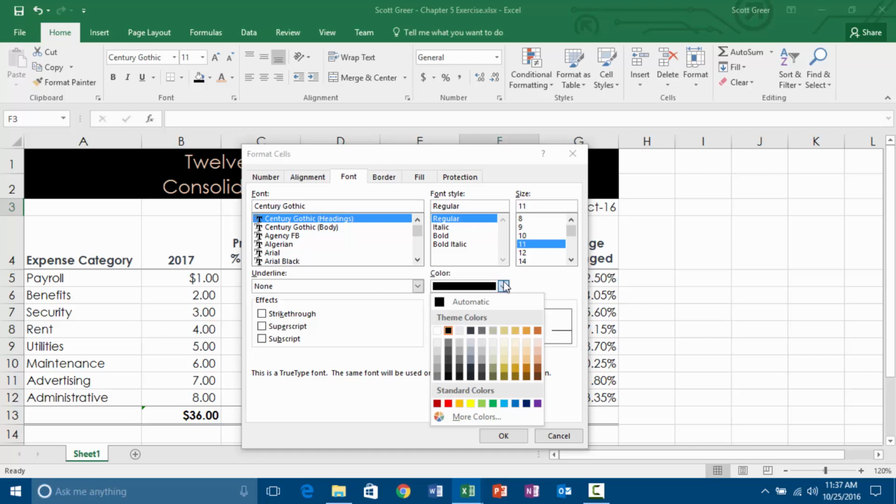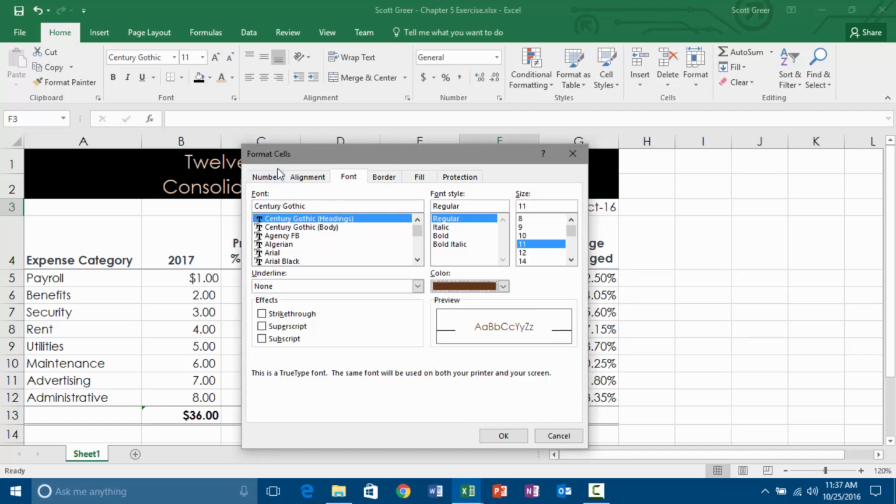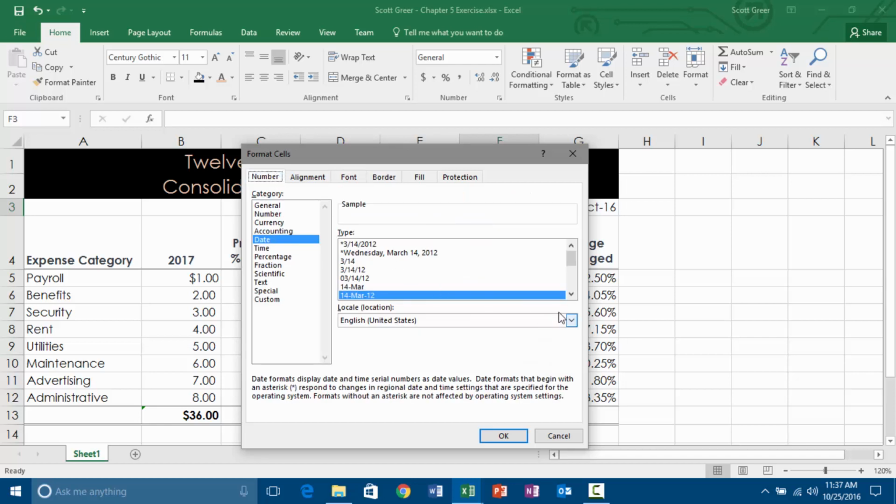Yes, it does. And we need to go back and format our date a little bit better because I didn't do it, but that's all right. So we're going to do orange accent 6, darker 50, which is going to be this one. So if we were to change the theme, it would go with whatever color is in the bottom right. There we go. And I need to go back to number because we're supposed to be doing a 4-digit year. And it is